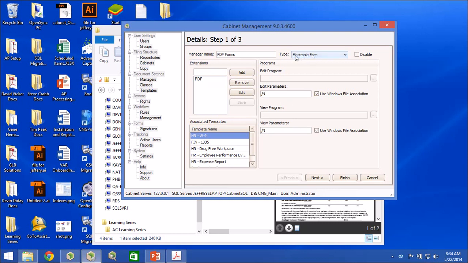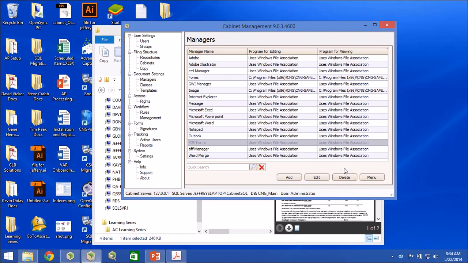And the most important is up here under Type, we want to make sure that that's an electronic form. You have quite a few choices here in your drop down, but I want to make sure for a PDF form that I have the type electronic form. And then once you're done, you can just click on finish, and then we can continue to go ahead and